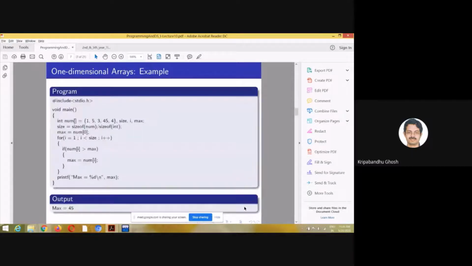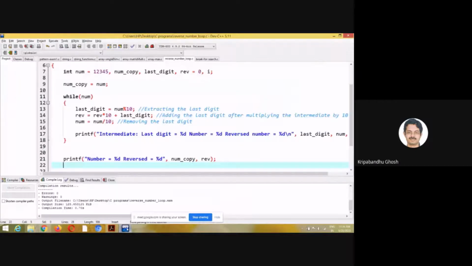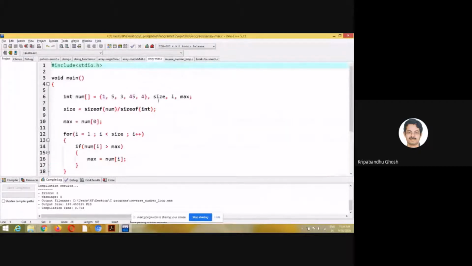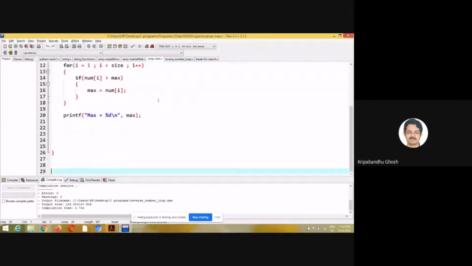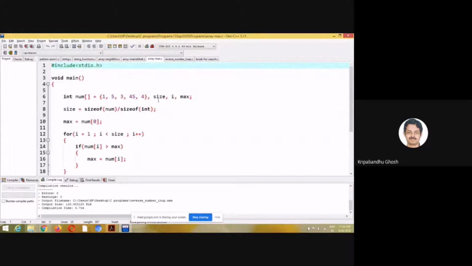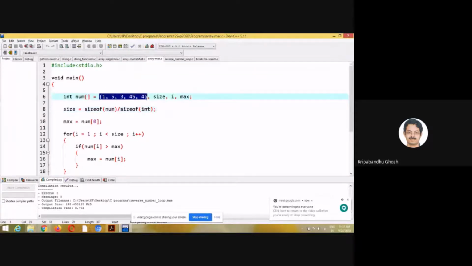Okay, so let's look at one example of one-dimensional arrays. I've already written the code for you. So suppose I have an array of this length, and I don't know the length of the array yet.